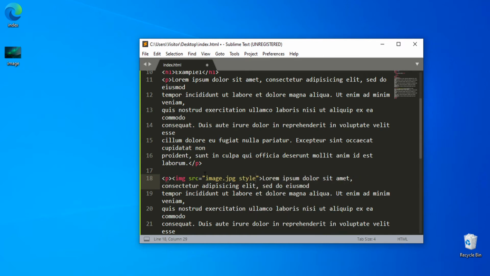So the style width will be this pixel. Okay,